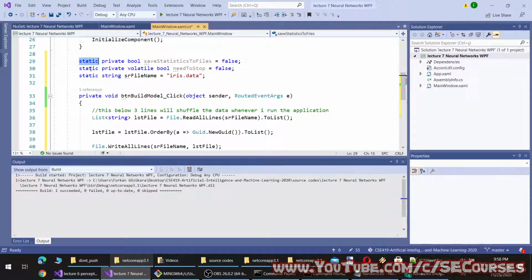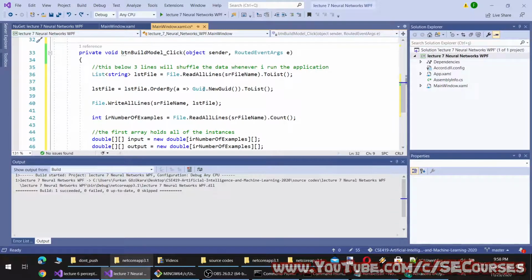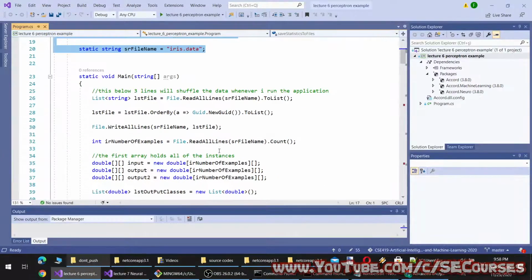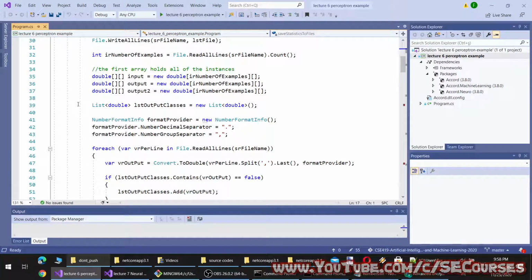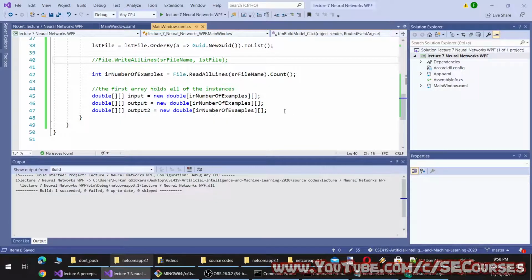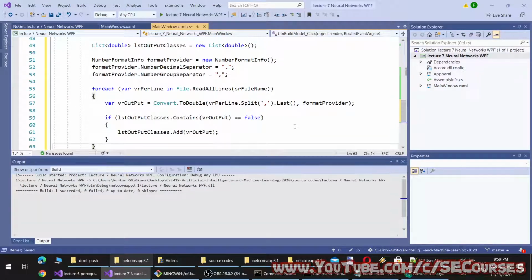Okay, this doesn't have to be static anymore, but they can be static, it is fine. So this will remove the shuffling. Okay, and output classes like this, I will organize them better.